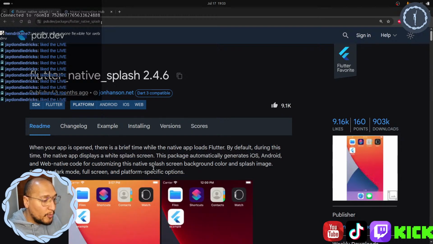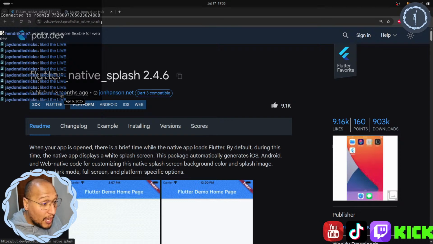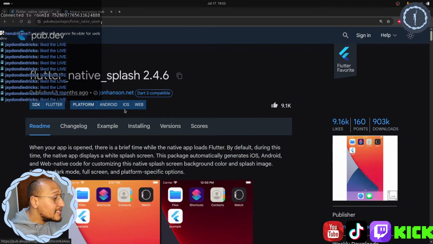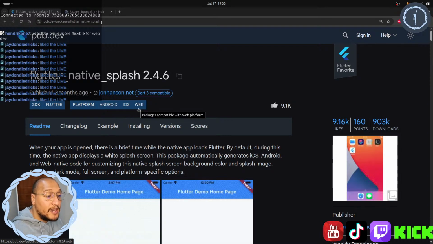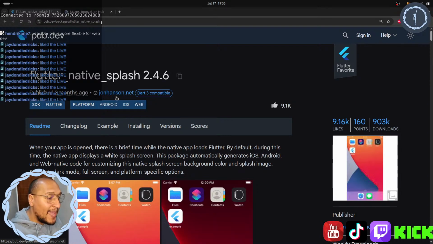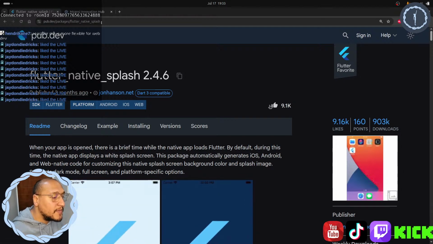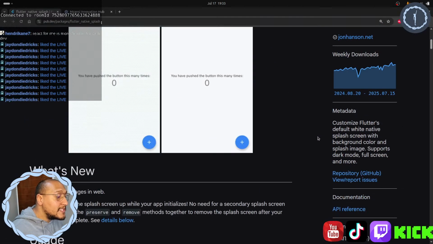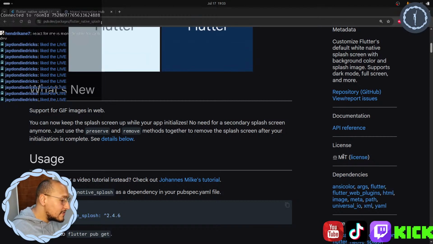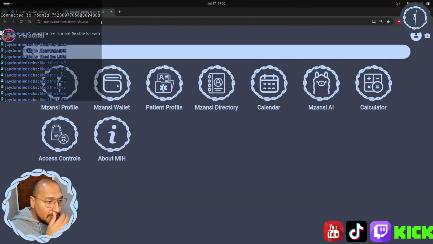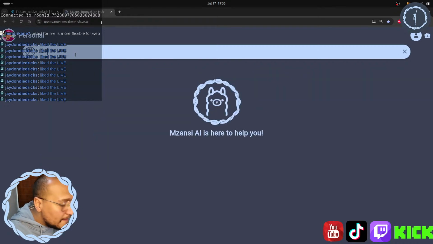That's just my opinion. The next thing, after we see how old it is, is to see what platforms it's available on. This package is available for Android, iOS, and the web. So this is perfect for MIH because we're on all three platforms. Next thing that we have to look for, if we scroll down, is what the license is. It's the MIT license. For those that don't know, I did do some research previously, the other evening.